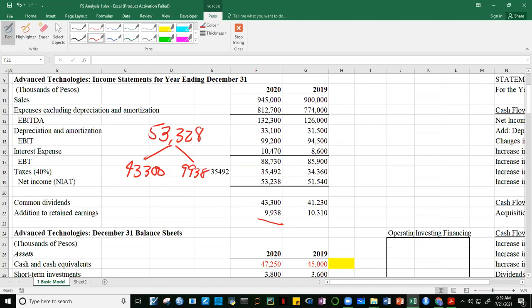Okay? So this was your dividend payout ratio. Of course, 43,300 divided by 53,328. So let's pakita lang natin yun. So it's equal to this one divided by this, okay, so 81% yung naging ano niya, no? Dividend payout ratio. On the other hand, yung retention rate niya,